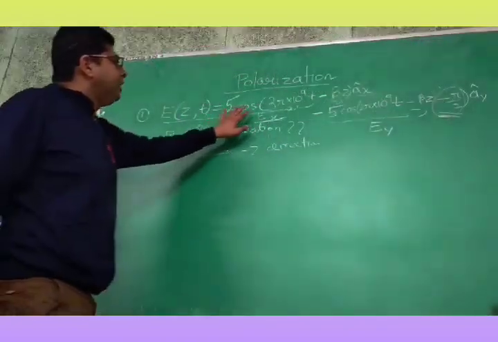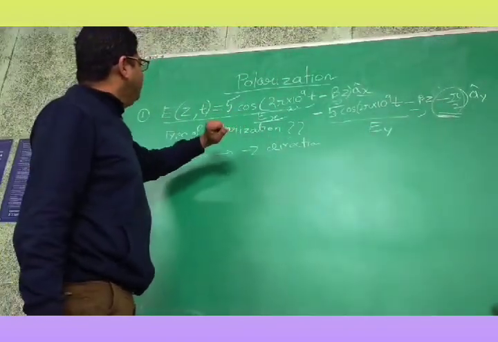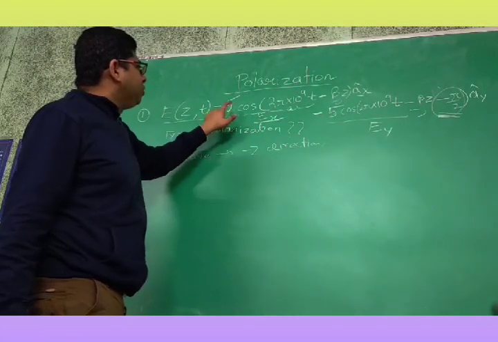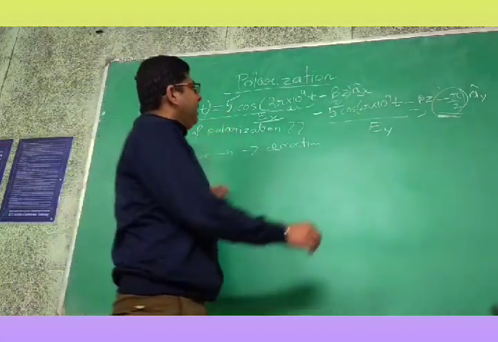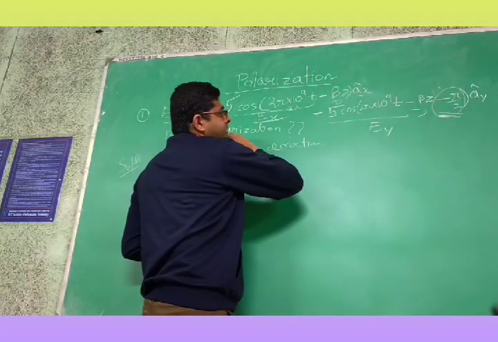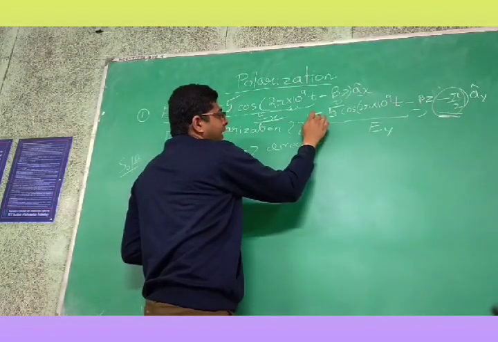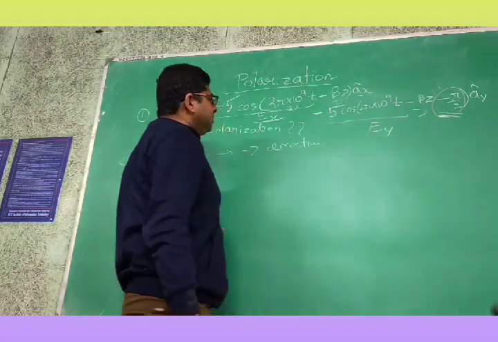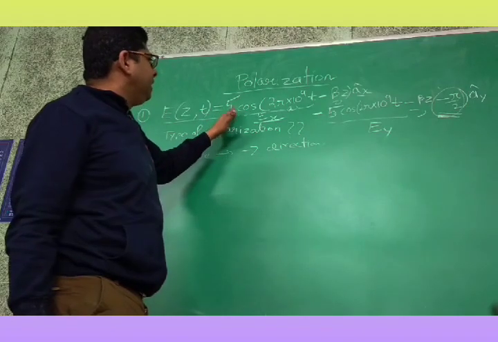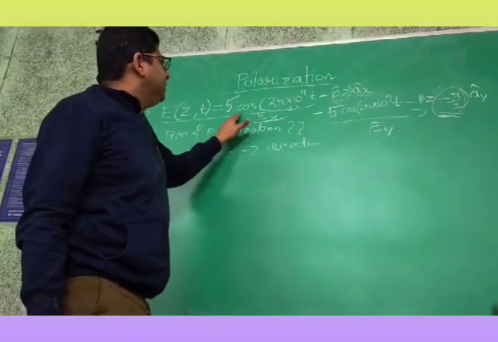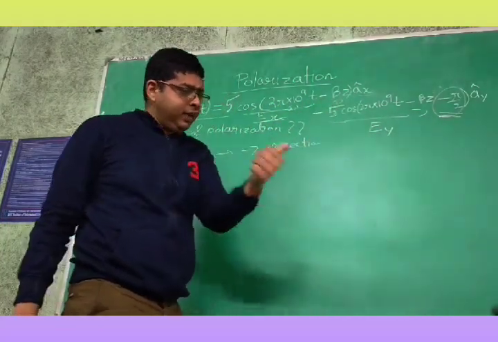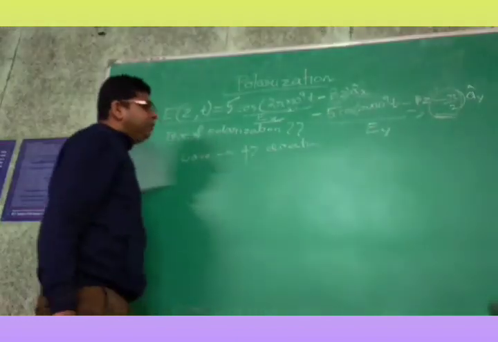Okay. Here we have taken another example similar to the previous one. What I have done is I have changed the X component magnitude to 5, and I have made this one negative. Okay. And I have also changed this sign. So first of all, predict the direction of propagation of the wave. Since this is minus, now you can easily predict that the wave is propagating in the plus z direction. The wave will be in the plus z direction now.